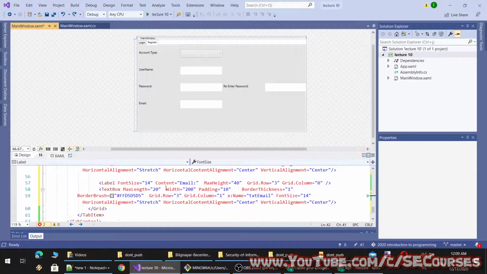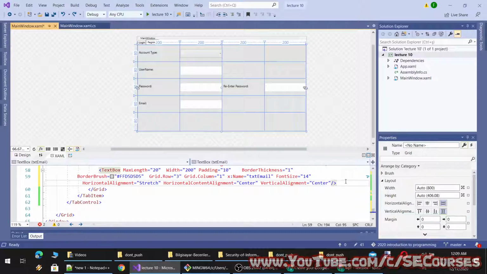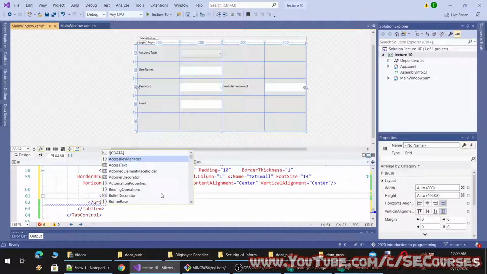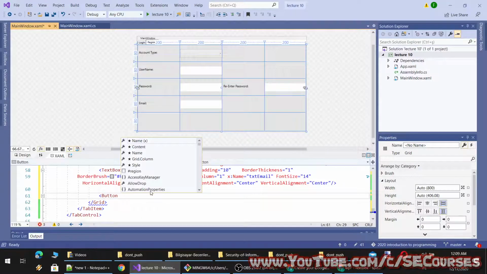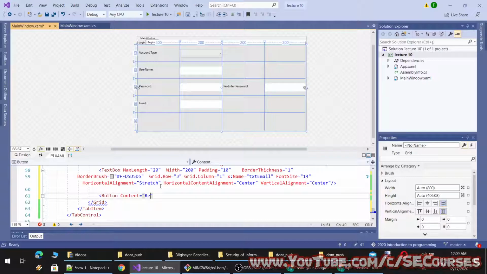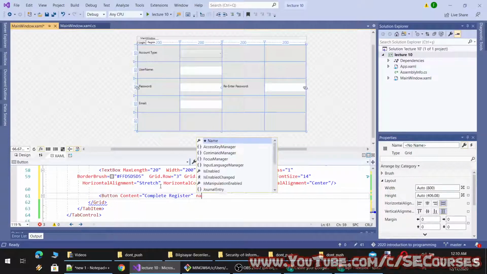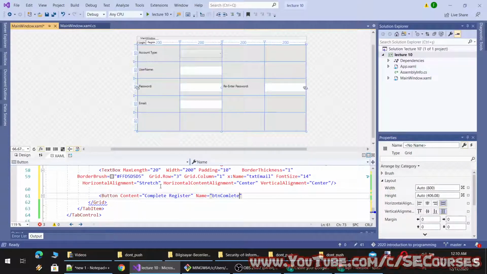And finally, we need to add a register button to complete registration. So let's add a button. Everything complete.